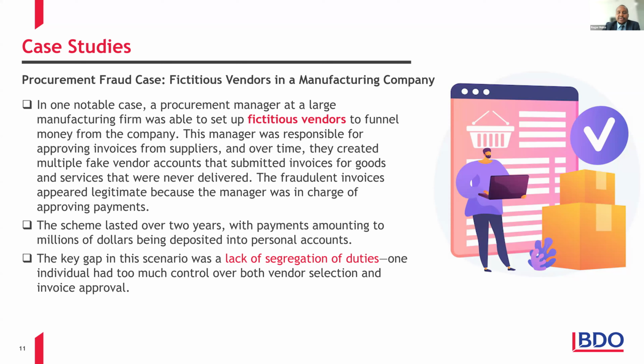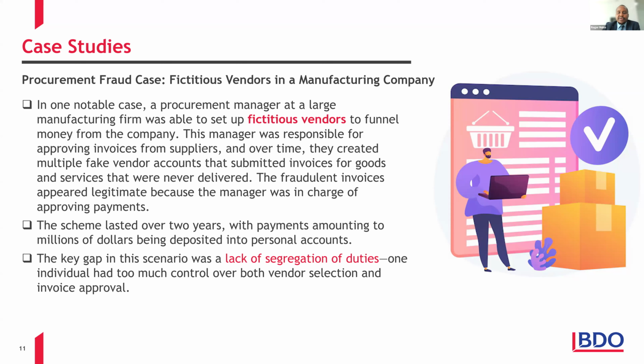The next case that we look at is a distribution fraud case that actually occurred in an electronics manufacturing company. So in this one, there was a major electronics manufacturer who experienced significant losses due to cargo theft during the distribution phase. The company had outsourced its logistics to a third-party distributor, but then employees at the distribution center would conspire to siphon off high-value electronics, and these were smartphones and tablets in particular.